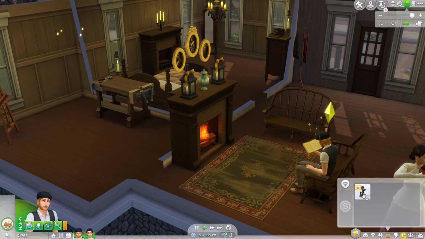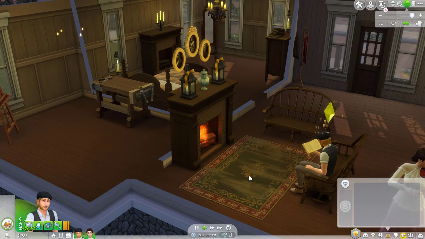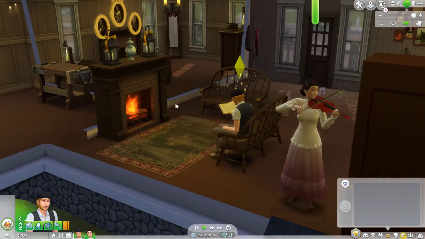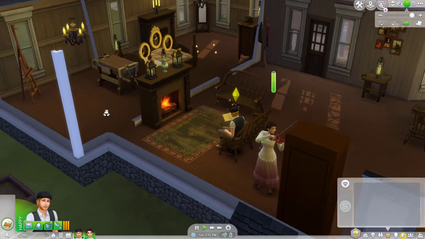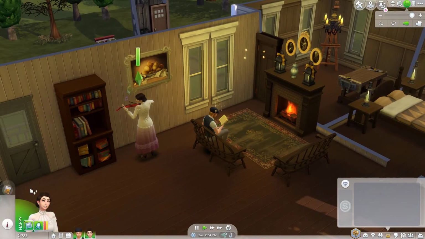It looks like he made a sculpture, so we're going to go ahead and sell that for $20. Yay, he just made his first bit of cash, so he's pretty excited about that. So once he's done reading that and once she's done practicing, I might have them go...